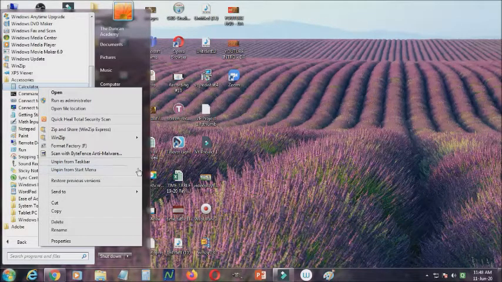Since the calculator is already in my taskbar, it says unpin from taskbar, and it is already in the start menu too, but there are so many programs in the start menu that it does not show there. So if you want to remove it or add it, unpin or pin, this is the option you can use here.